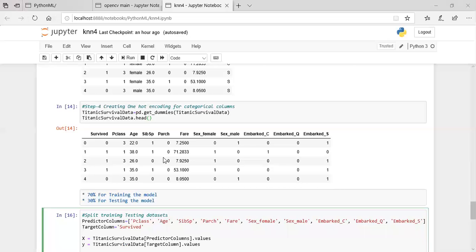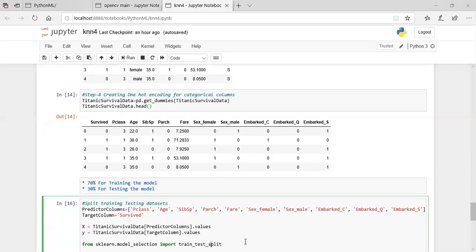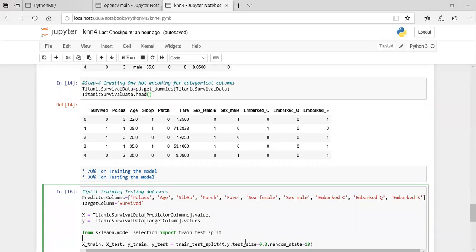the model selection library to import the split data. Splitting the training and testing data set, you have to create another 4 objects: x_train, x_test, y_train, y_test equal to train_test_split, passing the parameters x, y, test size is 0.3, random state equal to 10.